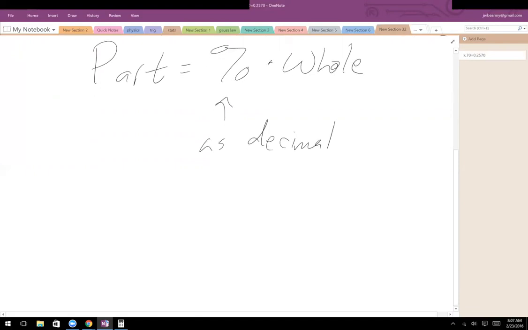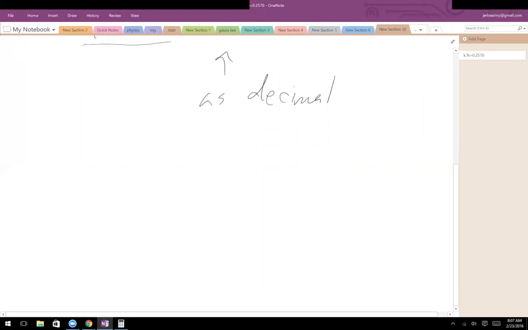So percent problems are usually easy because you always just multiply or divide. The only thing that trips people up is, do I multiply or do I divide? Well, if you remember your algebra, if you're looking for the part, then the equation says you multiply. If you're looking for either one of the other ones, it's going to be the part divided by whichever one you have as the other one. So if you are looking for the part,